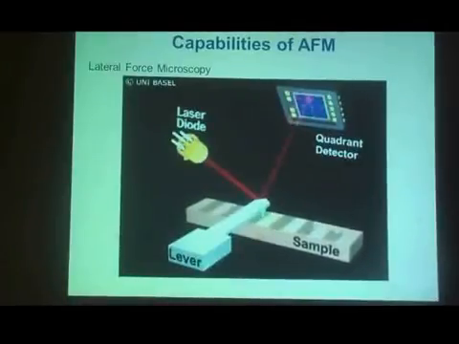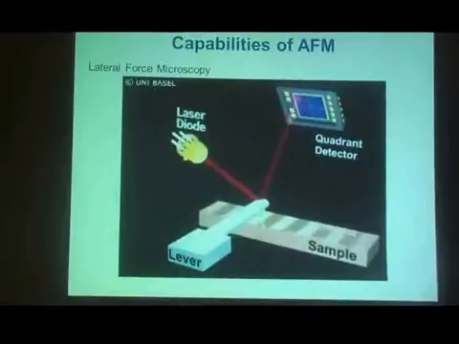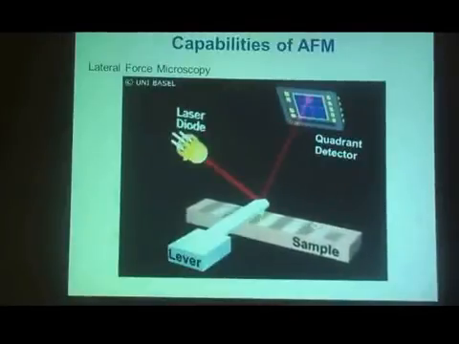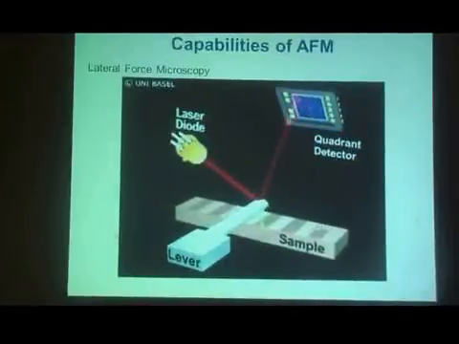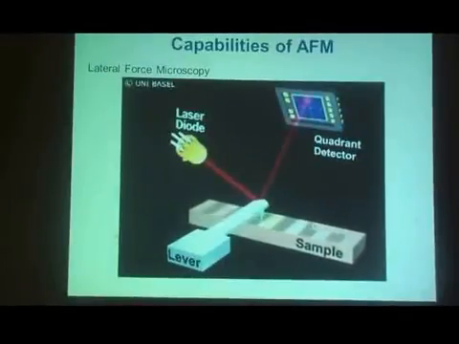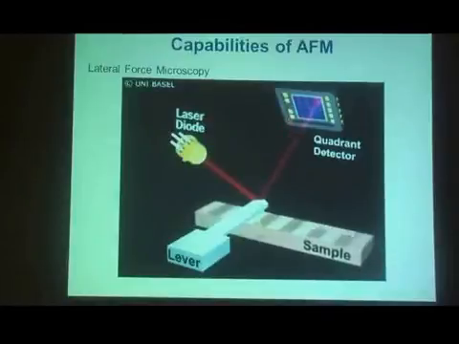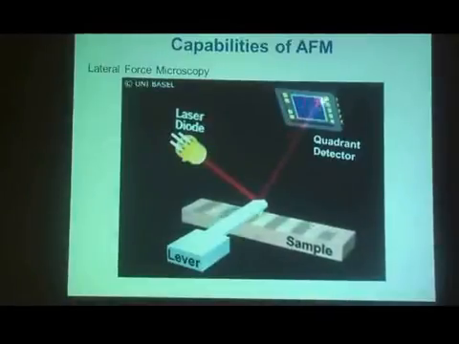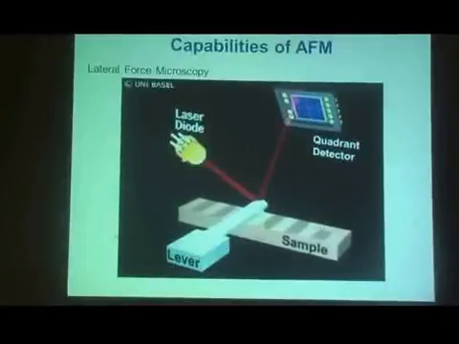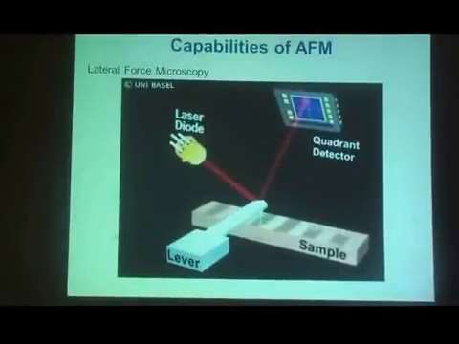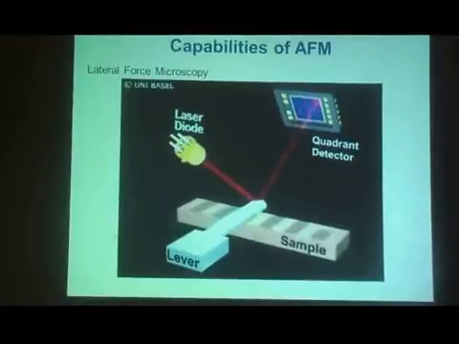Whereas if you scan a rough surface, there will always be a friction force between the chip and surface that causes the chip to bend a little bit. Depending upon that, the laser spot will be moving in this quadrant. So if you are able to do that, you can characterize whether the surface is smooth or rough. Similarly,